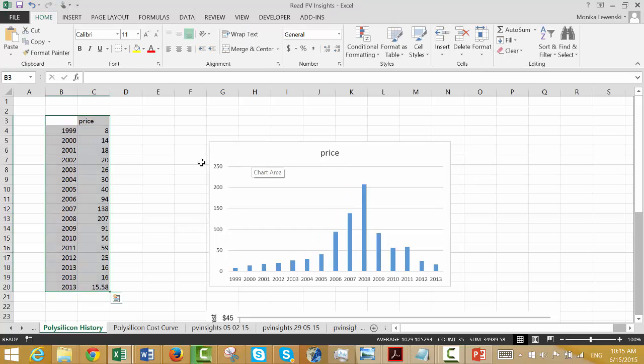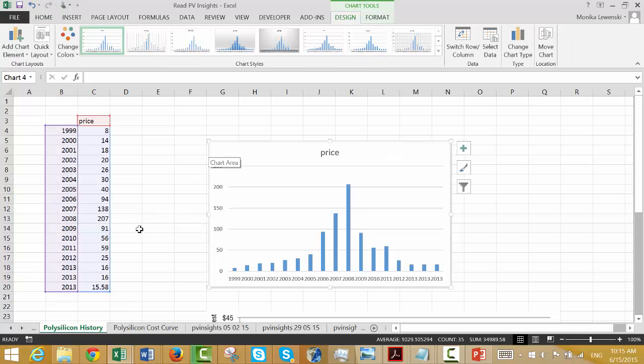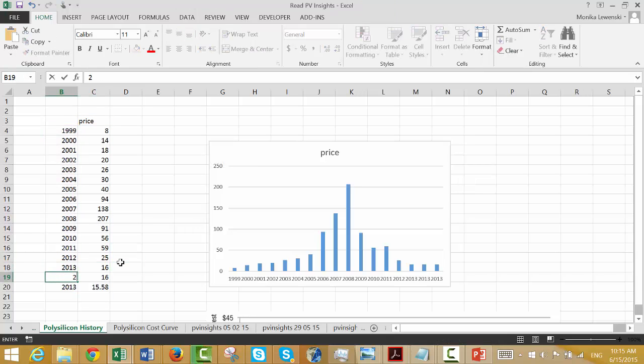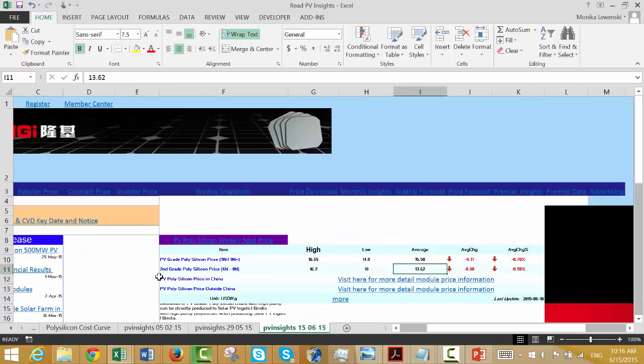What happened here? Okay, alternate F1. Okay, so that's kind of a little pattern there, but the real thing we wanted was to get the